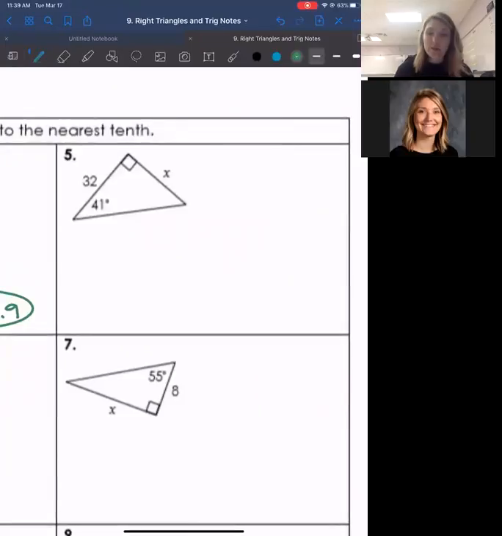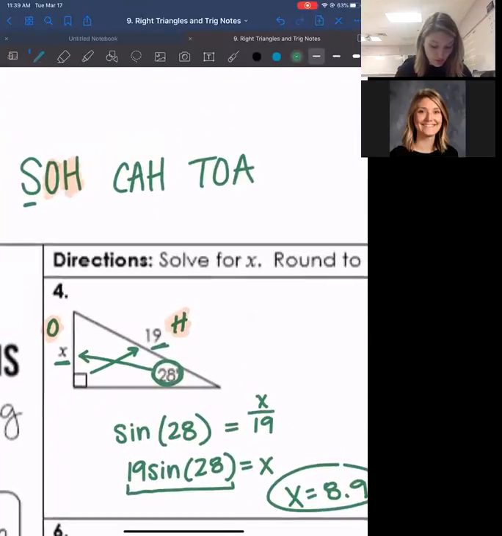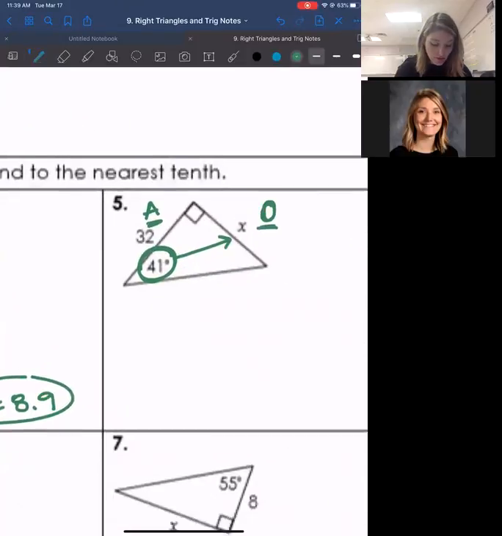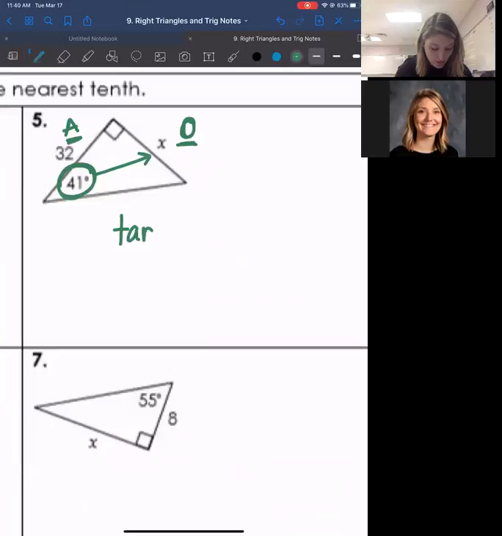Okay, same idea on this one. Let's go through another one. Here's my angle. I have what is across from it, which makes that opposite. I also have what is next to it, which makes this adjacent because it's not the hypotenuse. So I have an O and I have an A. So if you look at our little mnemonic device here, the O and the A go with the T for tangent. So I'm going to do tangent of the angle equals, the ratio is O to A, so opposite over